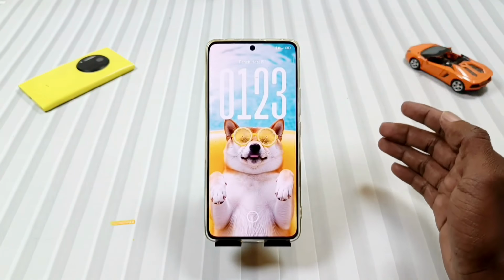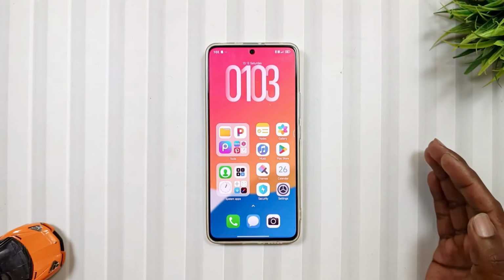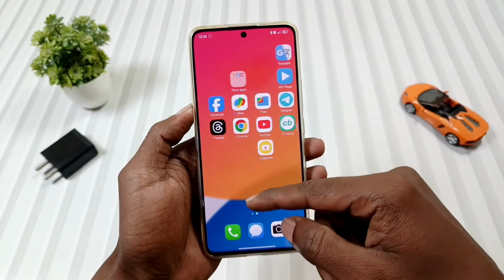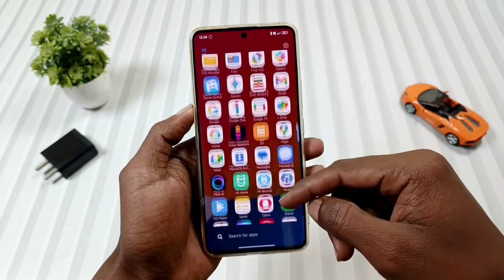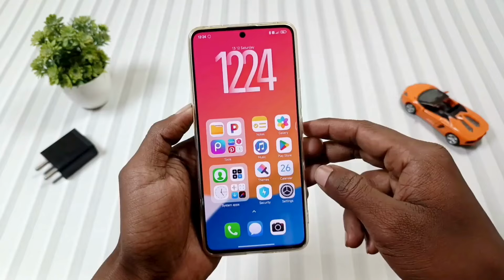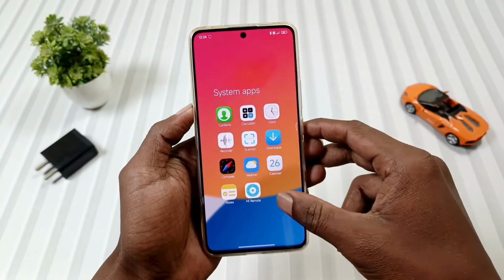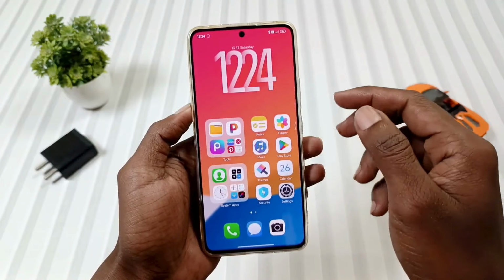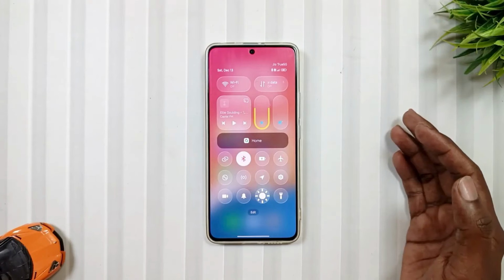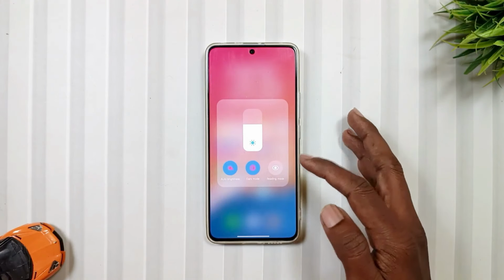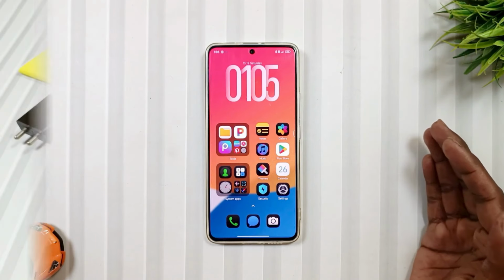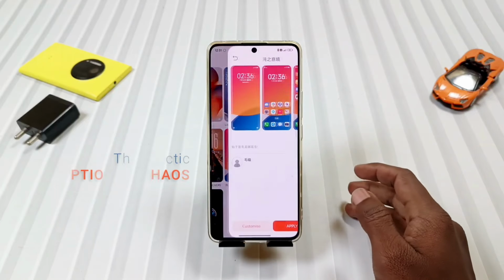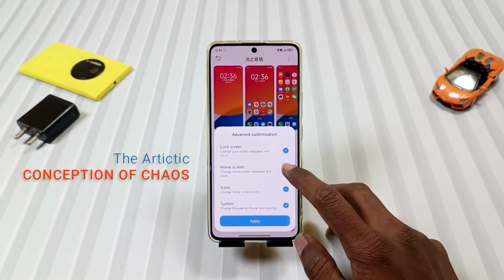Now let's move towards the home screen, where we will first talk about the icons, and for that we have two themes. First is the mixture of HyperOS 3 plus iOS style, and this icon pack will be loved by those users who want HyperOS 3 flavor but with more vibrant nature. By the way, if you want to use the same icons in dark mode, then simply enable the dark theme. Means you are getting the two icons in a single theme. And to apply these icons, you have to apply this theme, the artistic conception of chaos,